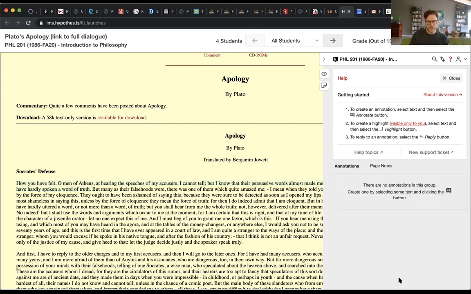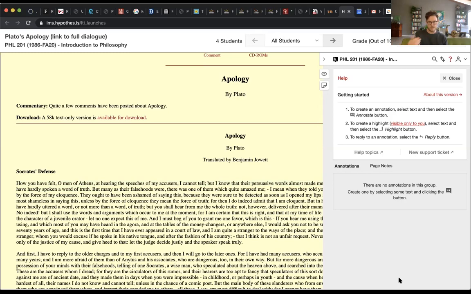So I would like you to, as you work through the readings each week, annotate 2 passages, 2 excerpts or selections of text, which means a sentence or more. And you can comment on what you find to be most important, interesting, problematic, or confusing. You can pose questions, and then your classmates, the other members of the class, can see what you've annotated, see